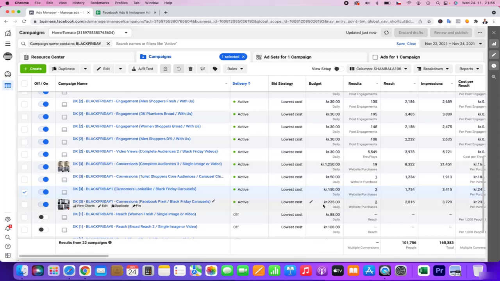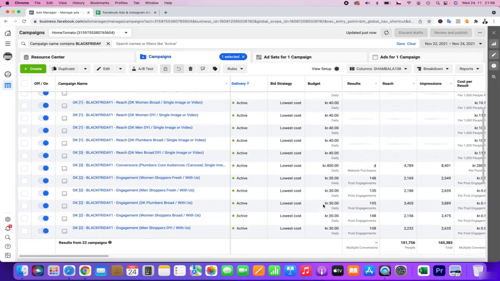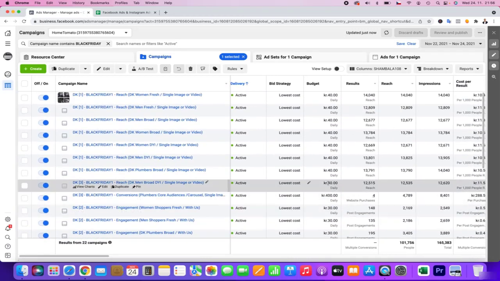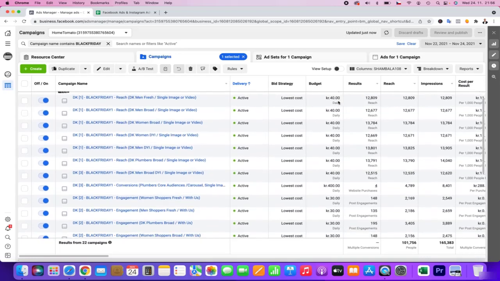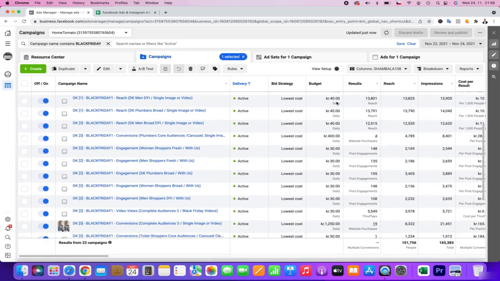Today I have given a little bit more budget here, and tomorrow we are going to decide how much budget we are going to use for the 26th of November, Black Friday. I decreased the budget a little for reach, because it's not doing so well.